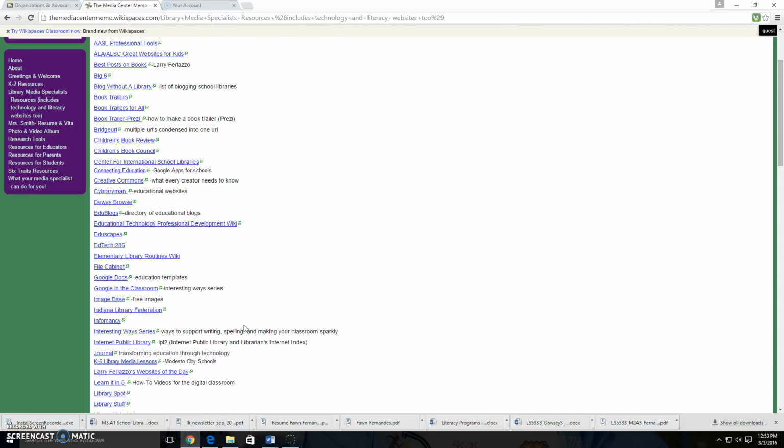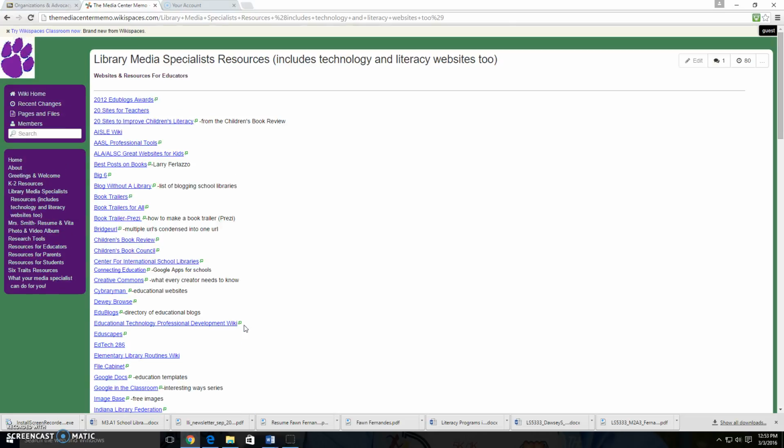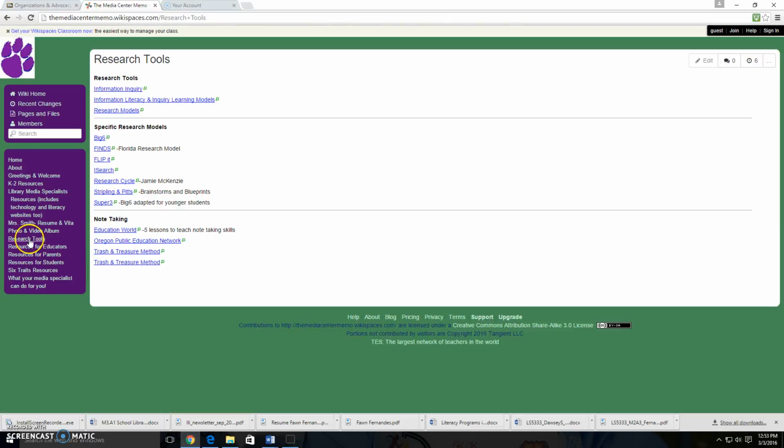Now, the EL guidelines state that one of the things a school librarian does as teacher is support students as researchers. Now, if you look over here, there's a section called Research Tools, and that will help to support the goal of a school librarian as teacher by providing information on note-taking, research models, as well as research tools for the student.